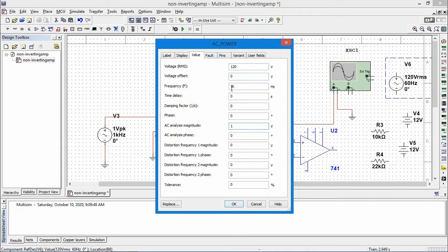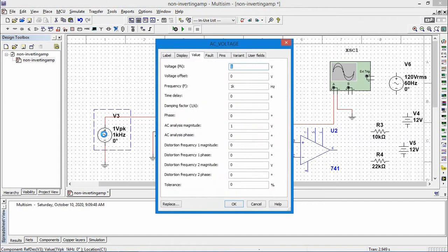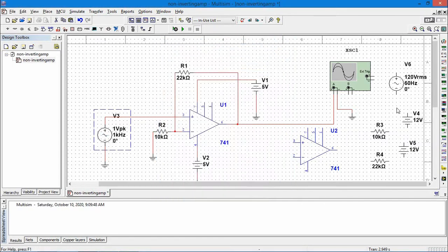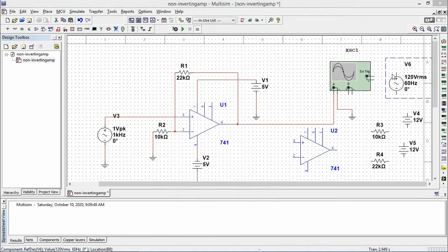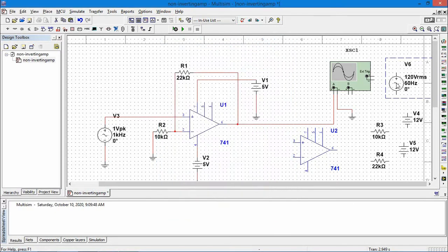Offset voltage must be 0. One second, this is not the source.